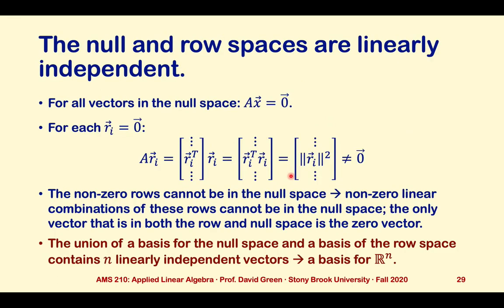Well, first of all, let's note that the null space and the row space also have to be linearly independent. How do we know this? Well, for all vectors in the null space, we know that AX has to equal 0. If AX doesn't equal 0, X is not in the null space by definition. Now let's consider,